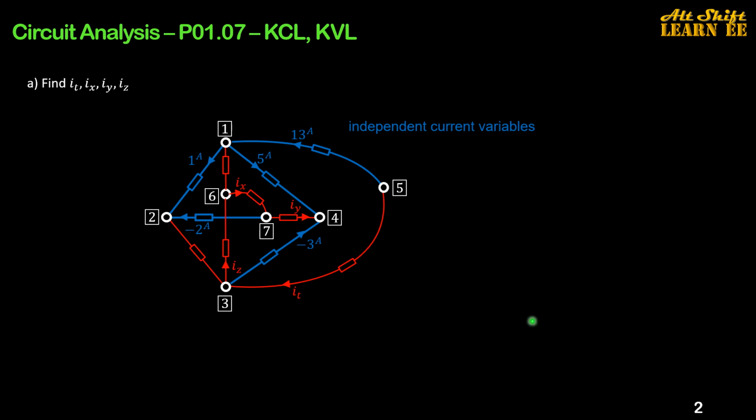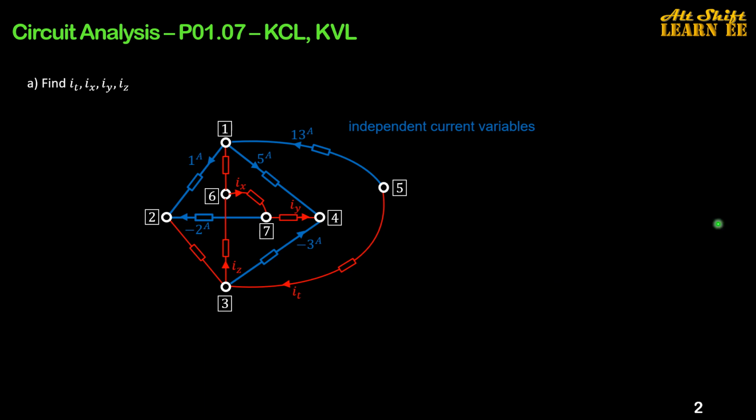In part A of this problem, given is the circuit graph with 5 known current branches, as shown in blue in this picture. It is asked to find the 4 unknown currents, I_s of t, I_s of x, I_s of y, and I_s of z. Simply writing KCL equations for node